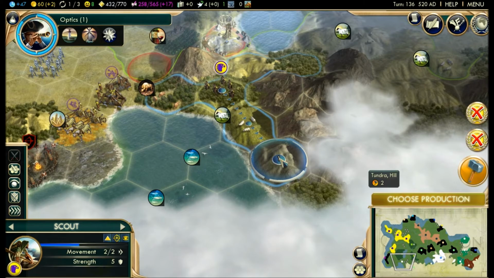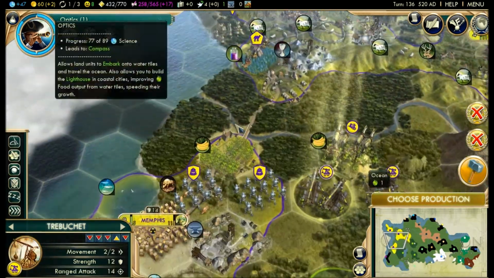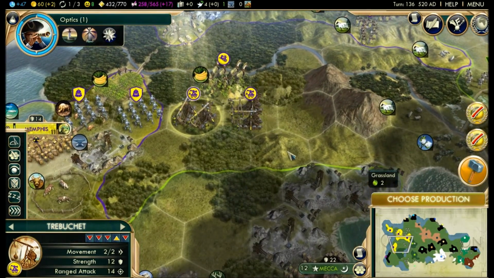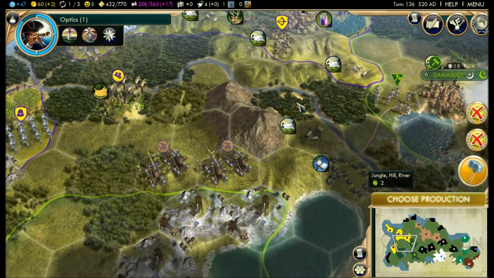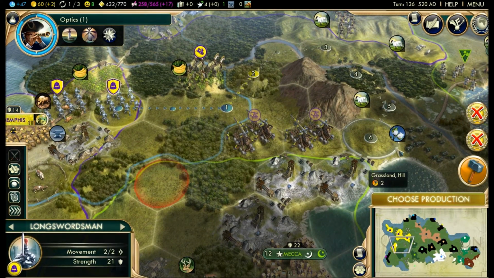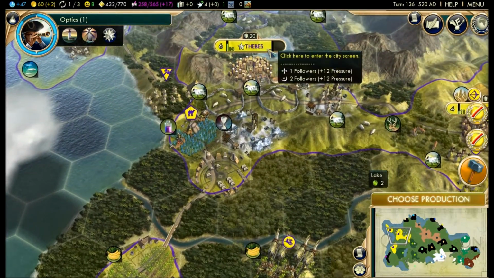Oh, let's get you out of the... Oh, that's just a hill. I thought that was a mountain. That's a tundra hill. Very confusing. Very confusing. Okay, let's move you there. Let's move you there. Hopefully that doesn't trigger suspicion. It's probably going to be quicker. You're going to get there quicker than you're going to...